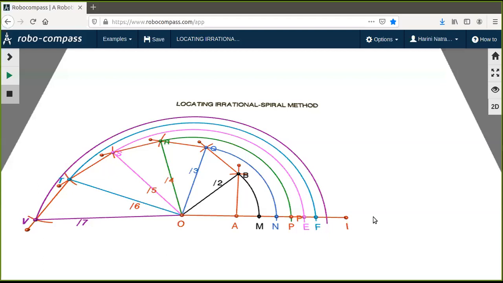I hope you're seeing my screen. You are seeing that there are so many right triangles and some arcs which are coming onto the number line. This is exactly the spiral that we are going to create. Before I start, you should have all your materials with you so that you can start the construction right away with me as I'm doing it. I'll be pausing the video in between so that you can follow me sequentially, step by step. So let me start.